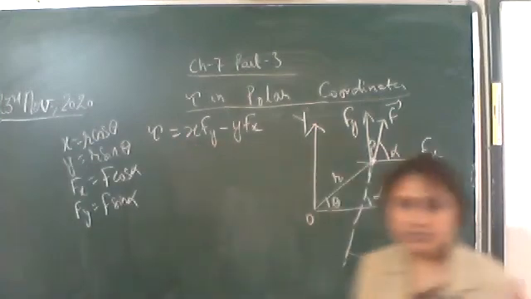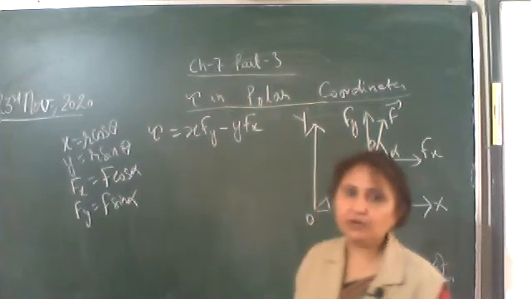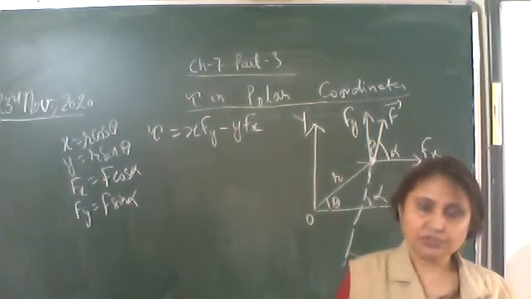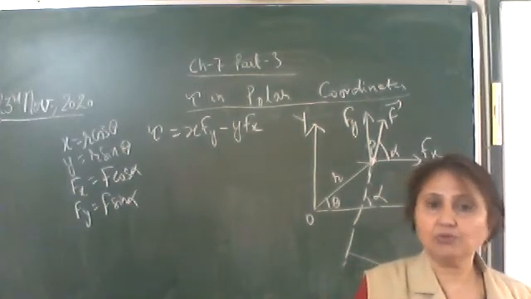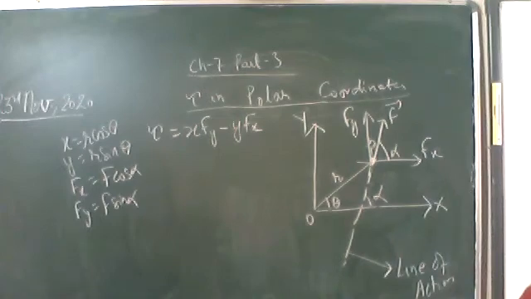Substitute in this equation and find the expression of tau. That will be in terms of r, theta, phi, alpha. So this expression we'll call the tau in polar coordinates. Okay, only we have to find out the expression. Hurry up, substitute and find out the expression. I'll write only the final expression.